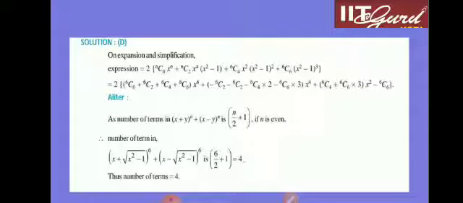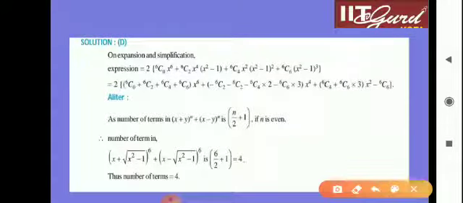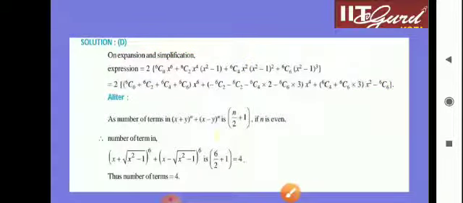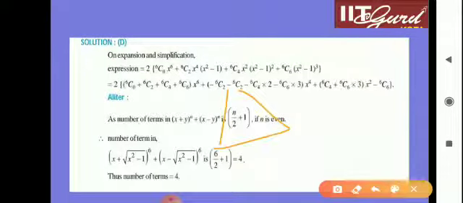A plus b, a minus b to the whole power n. If you expand this, then this is the first pattern to solve this one, this entire part, right? And another way, what I have given the idea, that is n by 2 plus 1, wherever n is even. So the number of terms is n by 2 plus 1. That is the answer. Clear? Let's go through another problem.